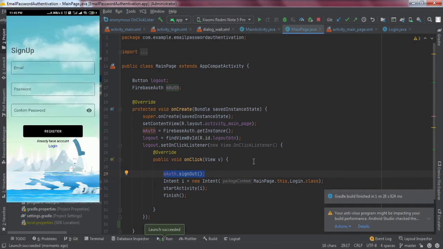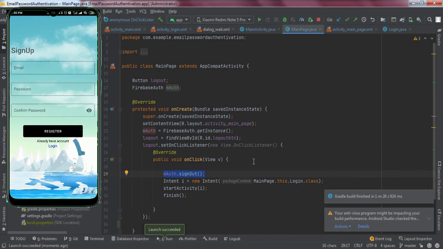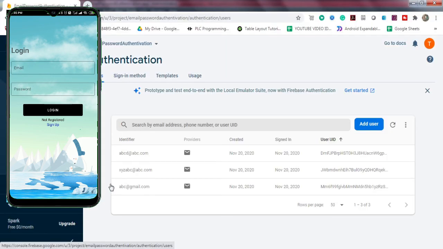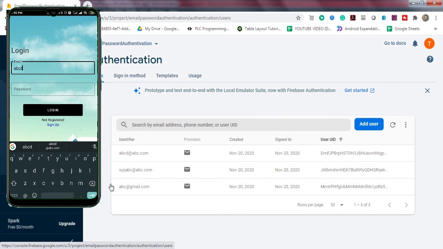Okay guys, the app has been installed on my cell phone. So here we'll click on this login button. Okay, so we are redirected to this login page, right? Here, if I open this Firebase console, here is this ID, abt@abc.com, right?